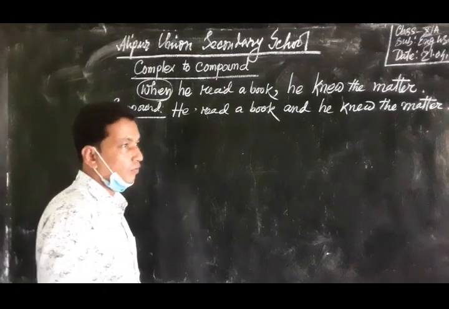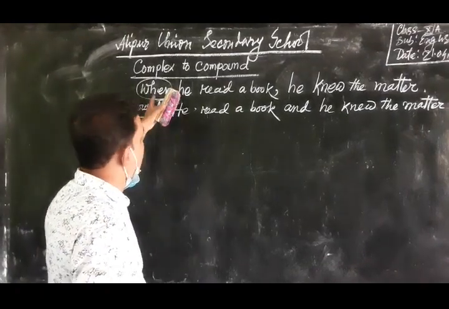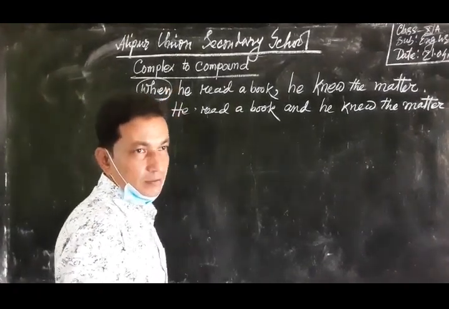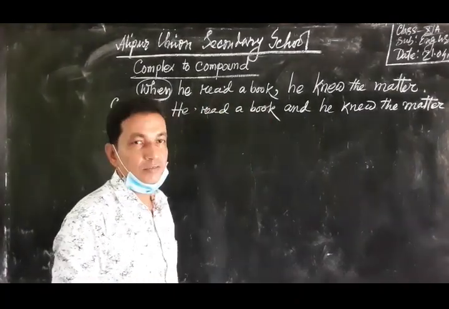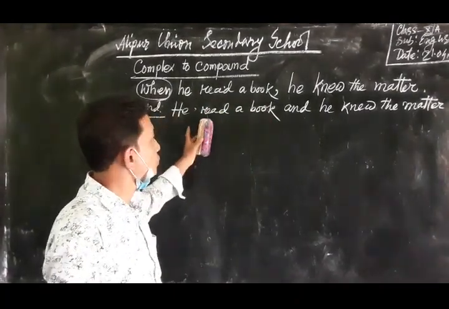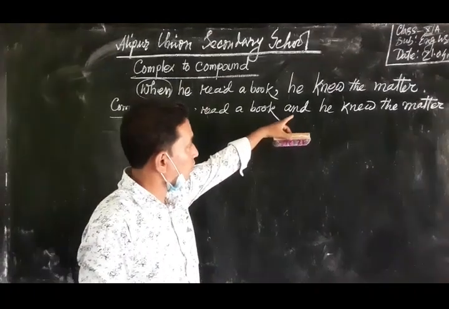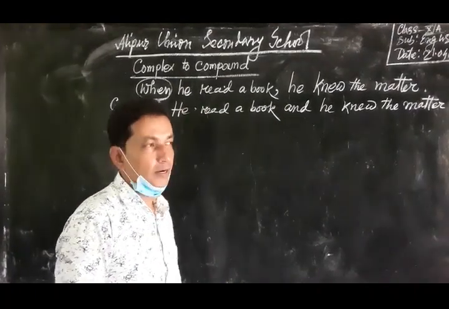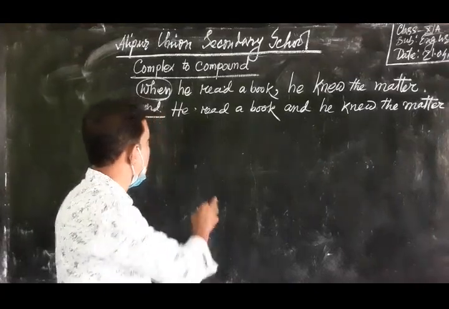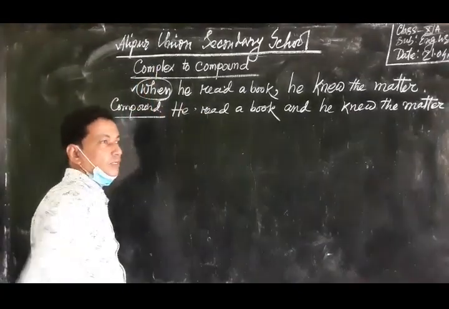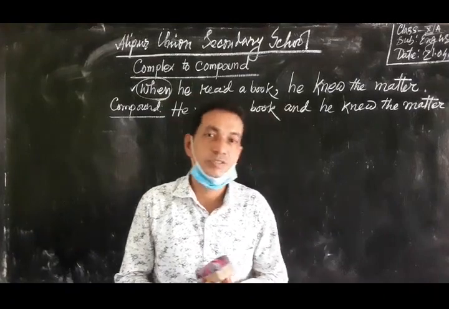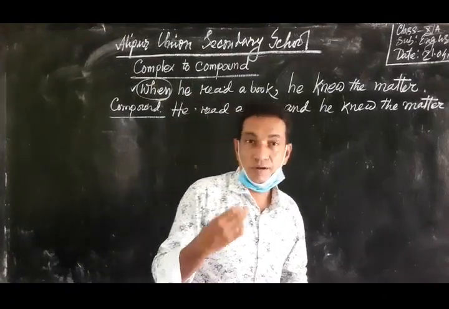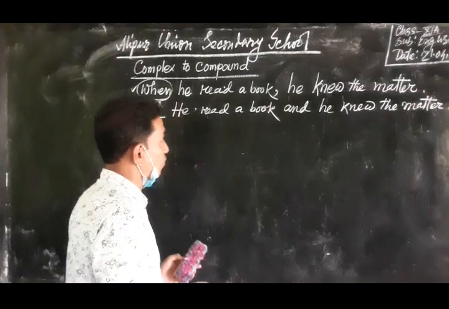So, dear learner, when we see a complex sentence with as, since, or when, in this sentence we should use the conjunction and, and we must demolish or discard the subordinating conjunction as, since, when. Okay, dear learner, our next item is, now I am going to give an example of